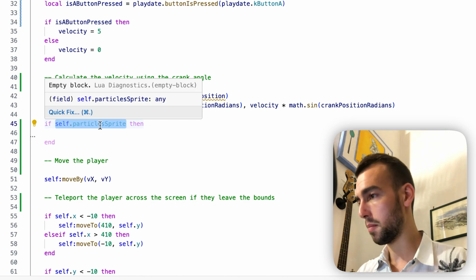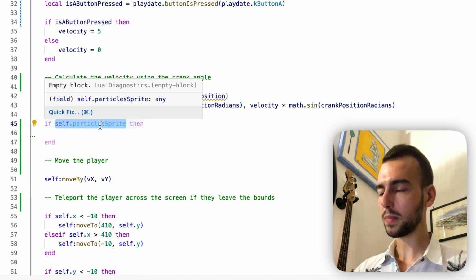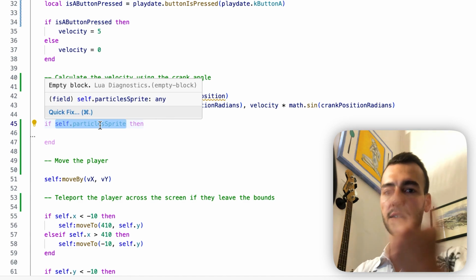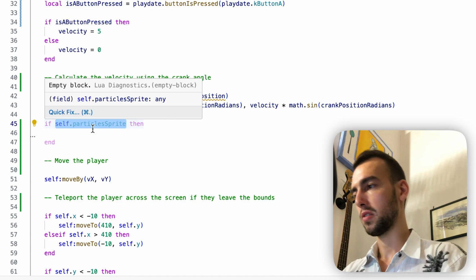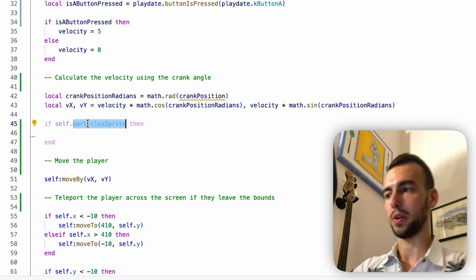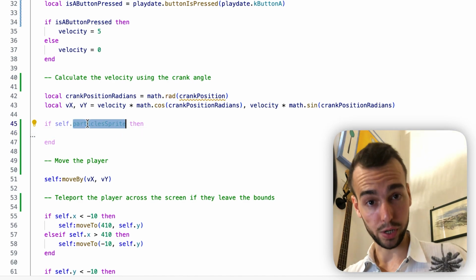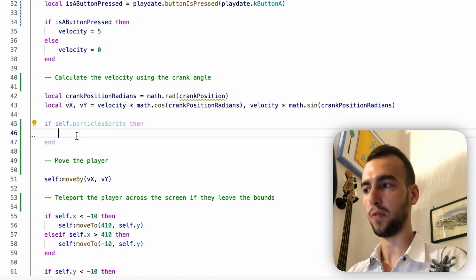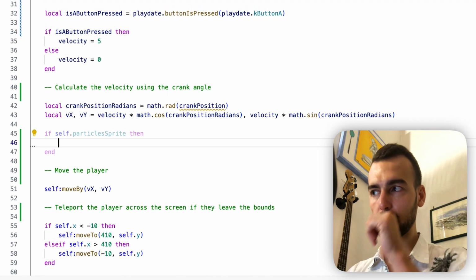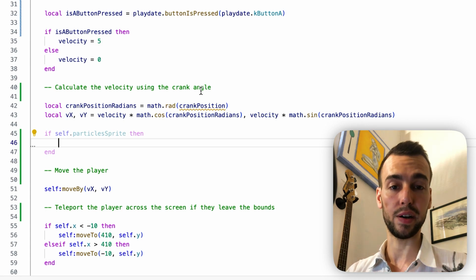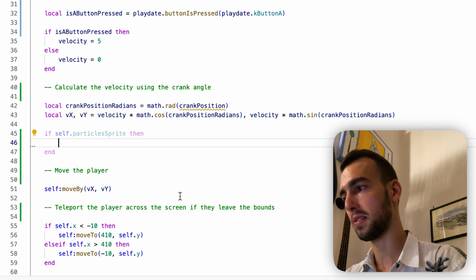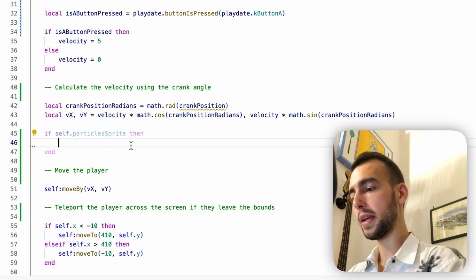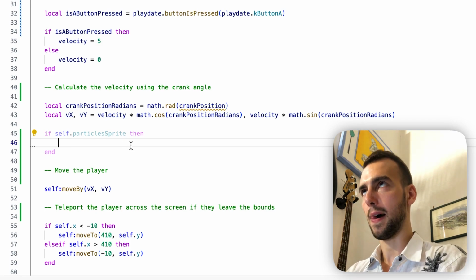Anything else, a number, a table, an object, a function, anything like that, it's gonna say that's true. So here we're just testing whether this particle sprite is assigned or not. And so it's gonna say yes if we've assigned something. If it's nil, then we're basically not gonna run this code. So once you've set the particle sprite, we're gonna say, okay,